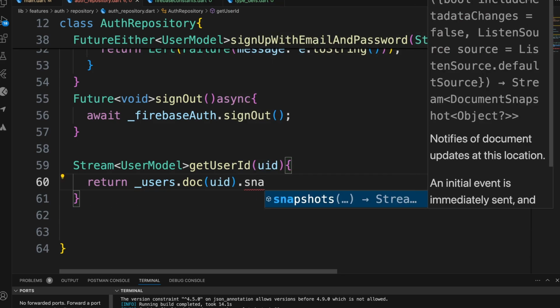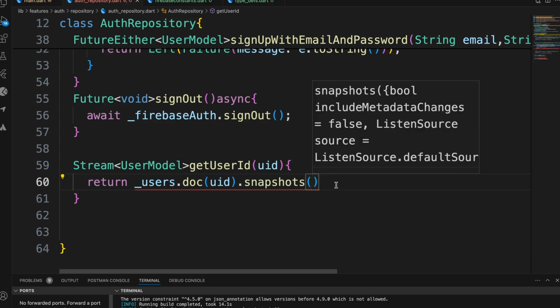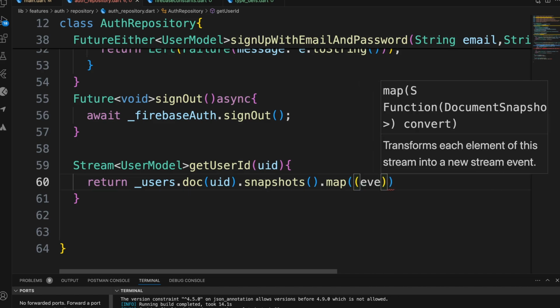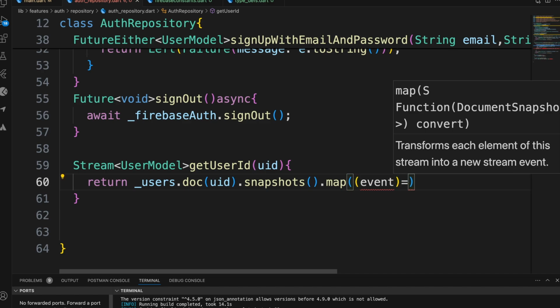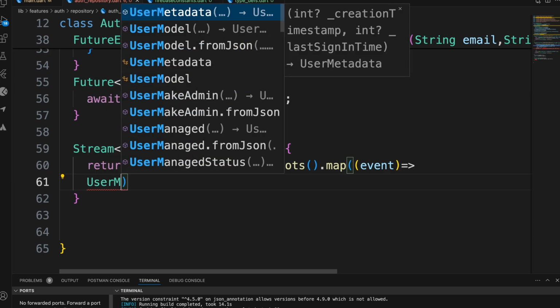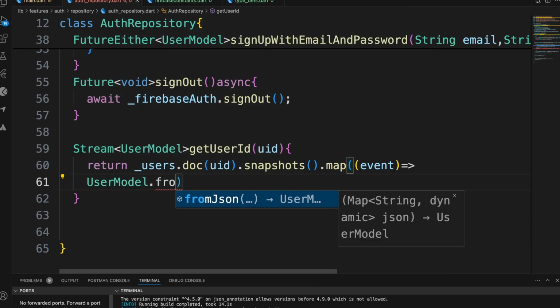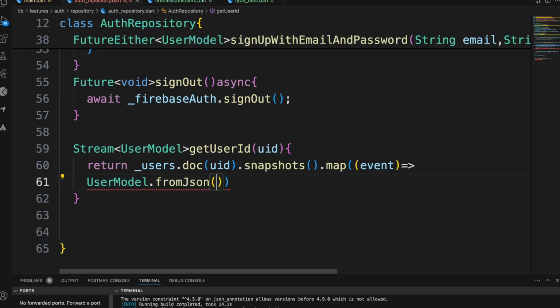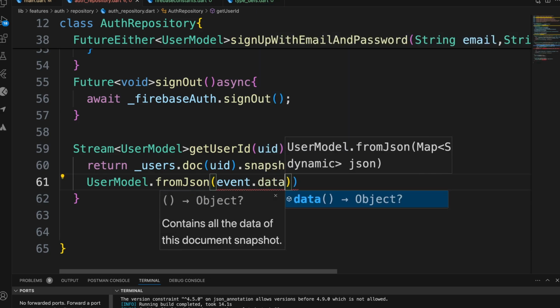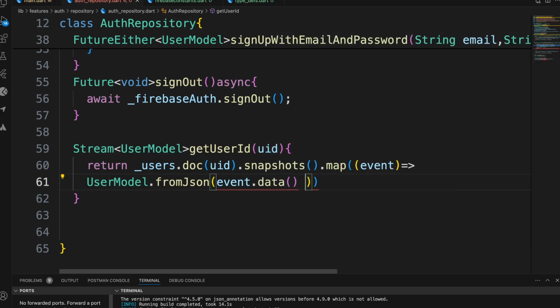and then we need to get the snapshots from the user, and then we're just going to map those snapshots. We are going to map them into user model dot from JSON, right? Then event dot data, that is the data that we're getting, from dot data, as we want the data to be of type map, string, and then dynamic,